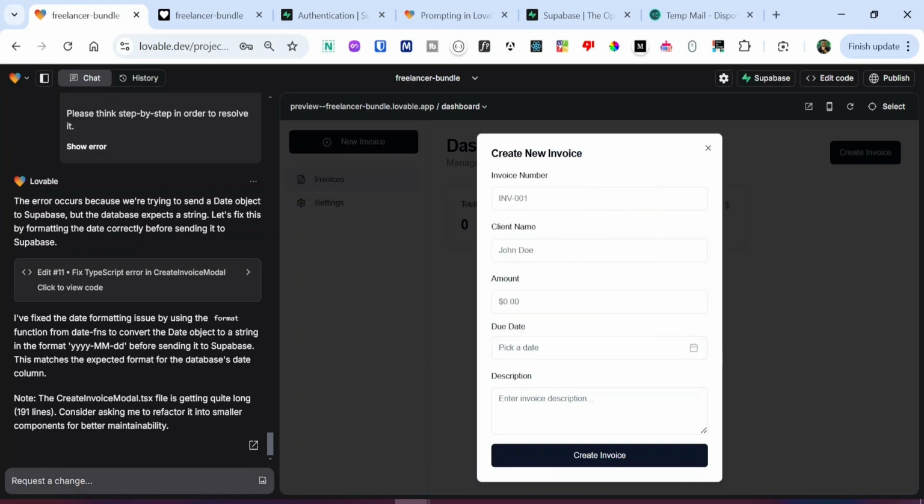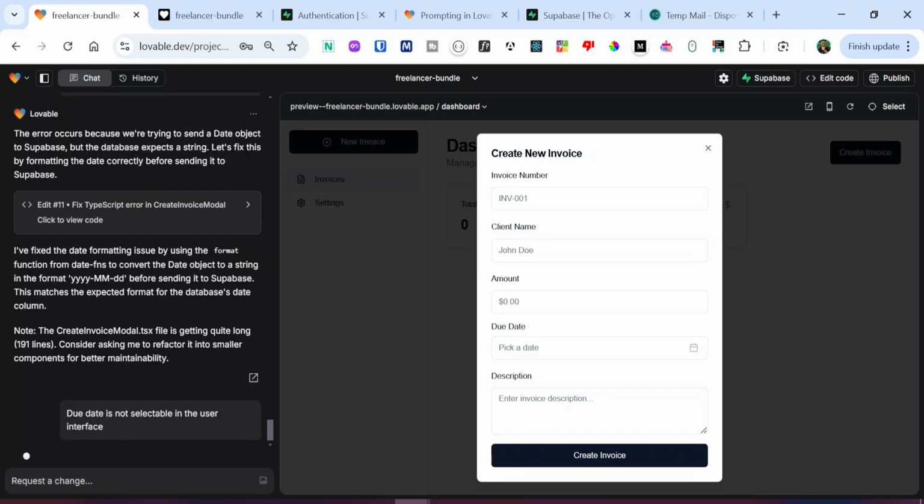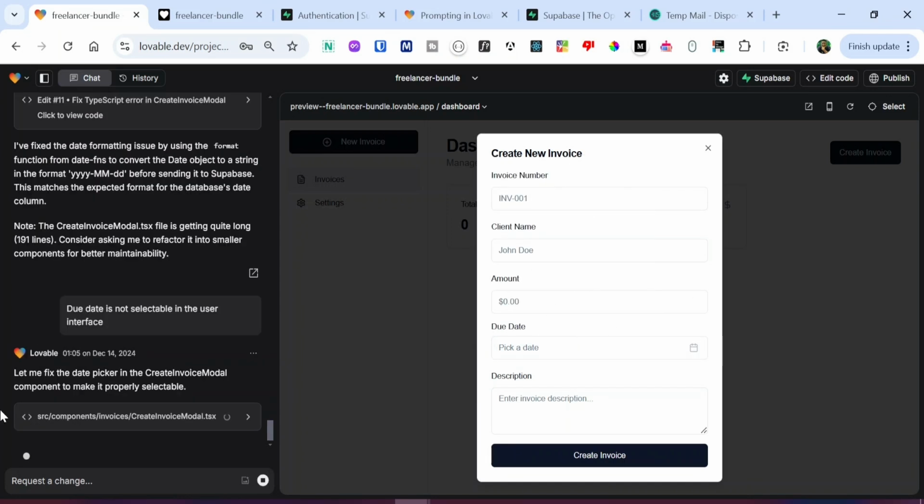I think I need to enter a new prompt that says due date is not actually selectable in the user interface. Due date is not selectable in the user interface. That should have been the prompt I entered previously, because it's not selectable like I said previously. So that needs to be fixed. So it's actually a date picker, as you can see from what Lovable is talking about. The date picker in the create invoice modal component is not properly set, so it needs to make it properly